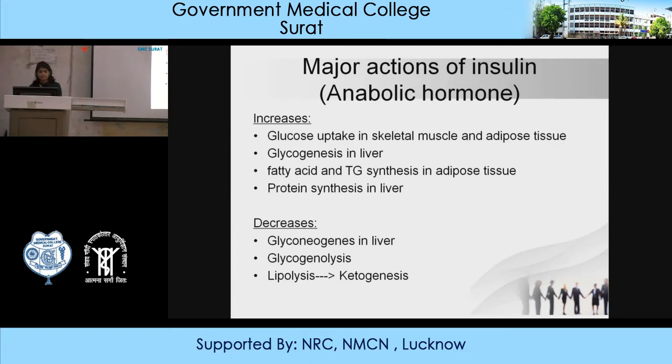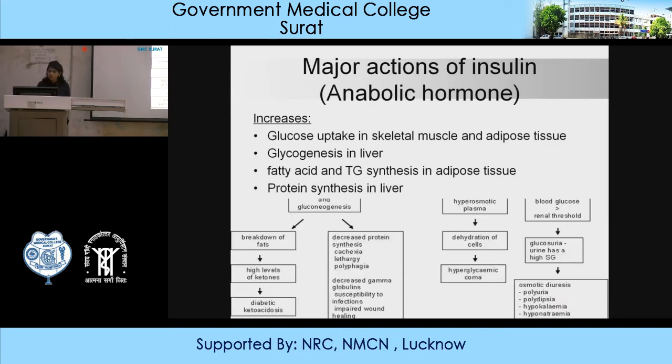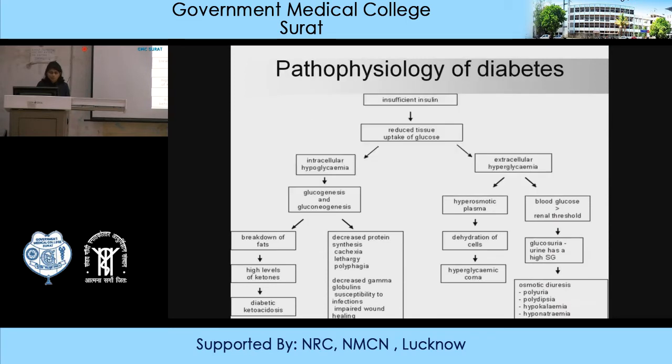In turn, the ketogenesis will be less, because we all know that ketone body is produced from the free fatty acid, okay, which will be produced from lipolysis reaction. Okay, so these are some of the physiological action of insulin hormone, and in this disease where the insulin or its action is deficient, all the reverse will be happening, right? Okay, so this is an overview about the pathophysiology of diabetes.